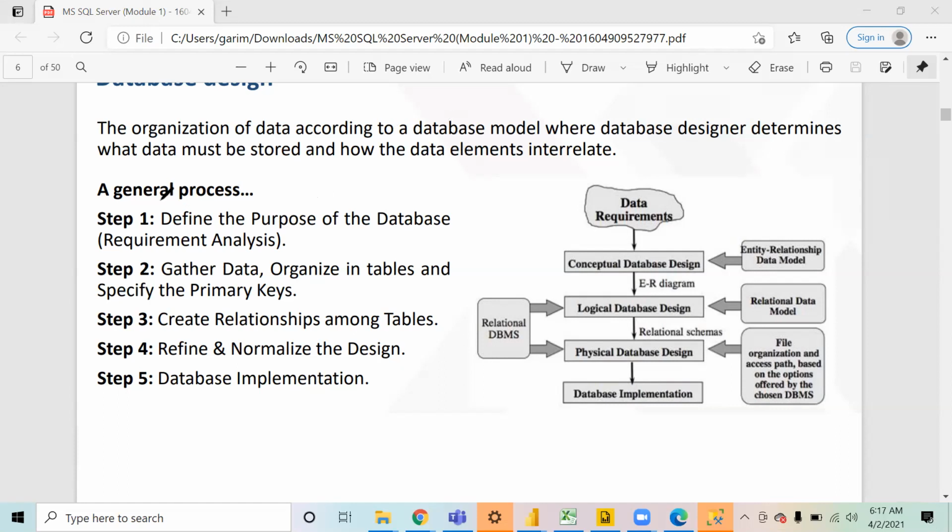So a general process is followed for creating databases. We follow certain steps in that. The first step is we define the purpose of that database, right? First of all, you define what the idea is, what type of data you will have, and what will be your goal at the end of the day. When you create that database, what type of data will you be fetching day in, day out? You define the purpose of that.